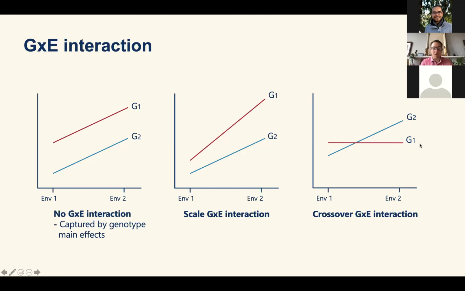So we have these different things going on, and again, it depends on what you want to get out of your analysis, what type of GxE you want to model, what type of GxE you have in your data, and where your environments are actually situated. But in my experience, at least back in Australia, the crossover interaction is substantial, and scale interaction is also very important in the data sets. We rarely, if ever, model anything with a simple main effect on the left-hand side. It just doesn't occur in the data sets that we see.